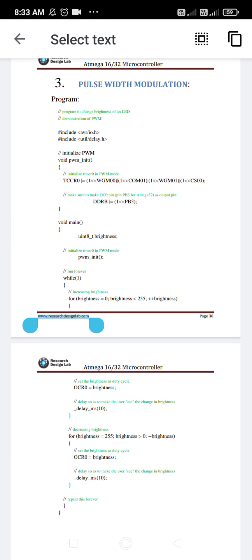Today we will cover the next part of the second chapter, AVR architecture. It is pulse width modulation, and how to write pulse width modulation programs in C for the AVR microcontroller. First we get the pulse width modulation, which has two forms of signals, the sine wave or the square wave. It is a modification of the two waves.